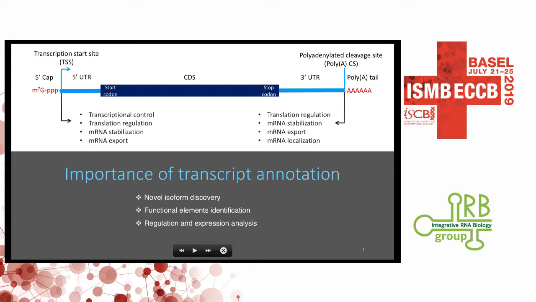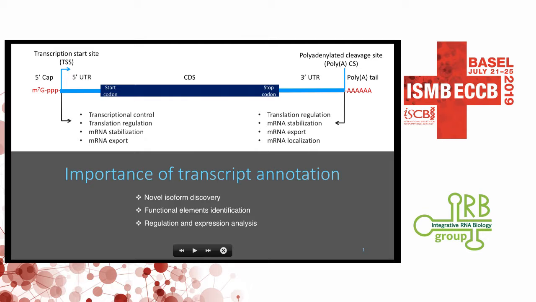So why is it important? First, let's look at a schematic diagram of a mature mRNA. A mature mRNA starts from the 5' cap, and then the transcription start site, and then the 5' UTR, CDS, and then 3' UTR, followed by the polyadenylation site with a poly-A tail. Although the 5' UTR and 3' UTR are untranslated regions, they still harbor extensive regulatory sequences such as microRNA binding sites and RNA binding protein motifs,